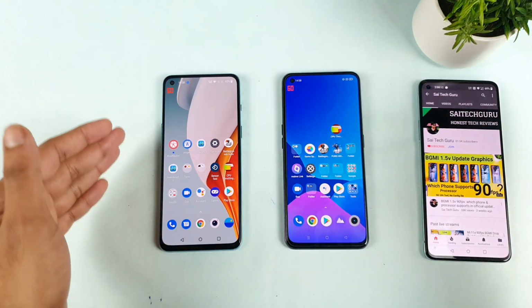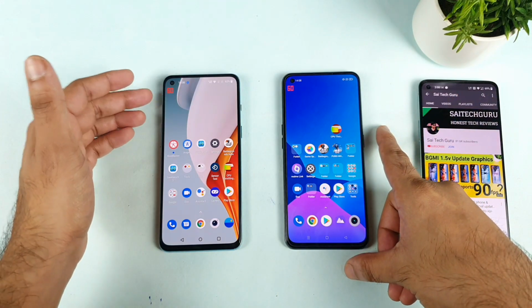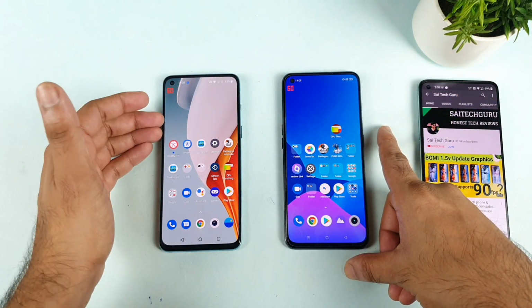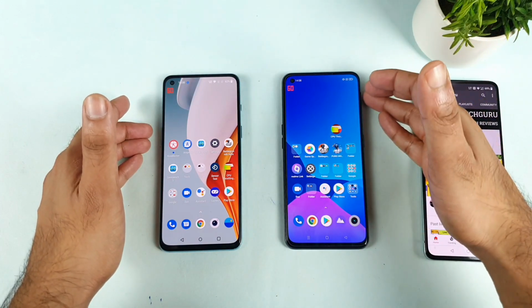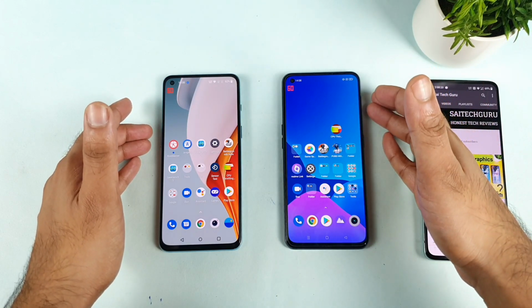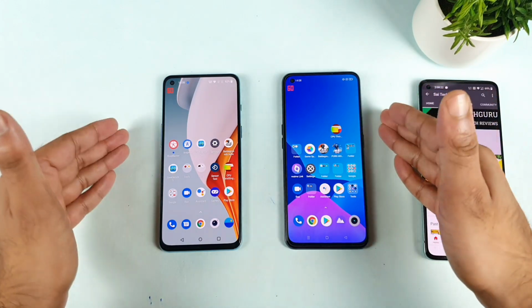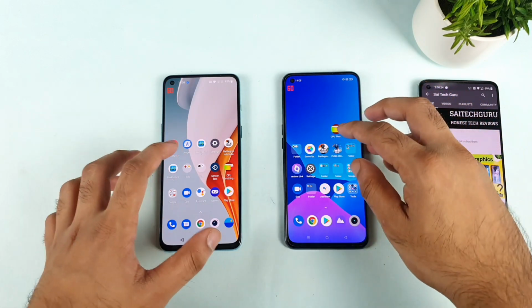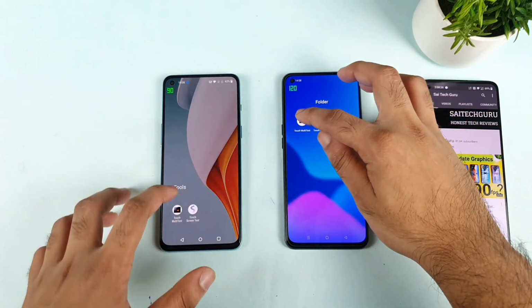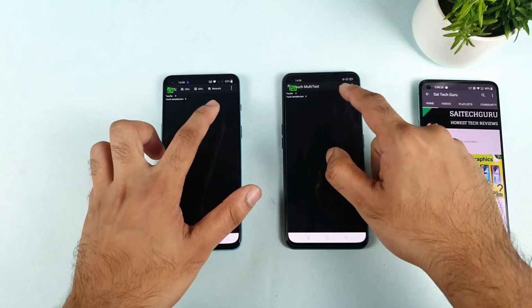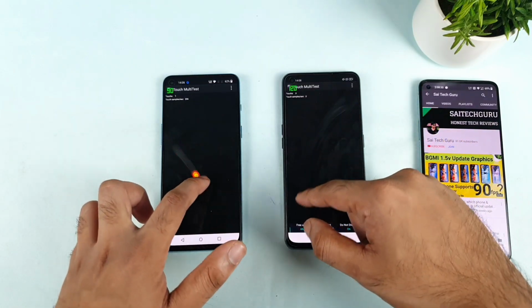Yes. So right now the OnePlus Nord 2 is claimed at 180 Hz, but by default you are getting 120 Hz touch sampling rate. And on the Realme X1 Max, 360 Hz is the touch sampling rate, but by default it's enabled with 240 Hz. That's what we need to deal with right now. Let's check what it is after the software update. That's what I'm going to show you between both phones right now.